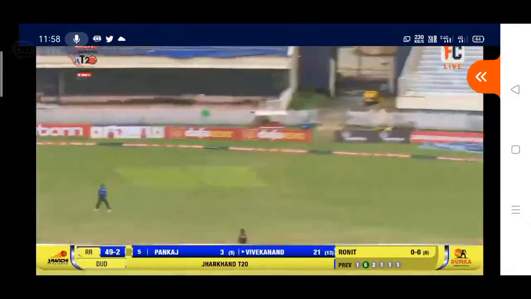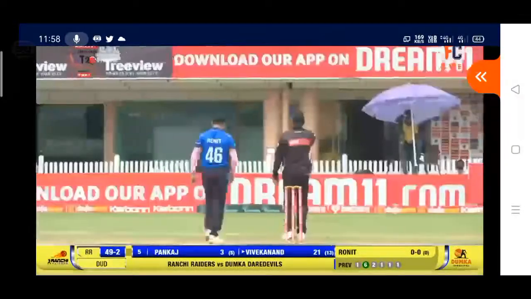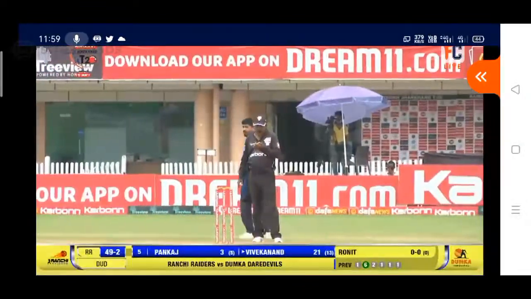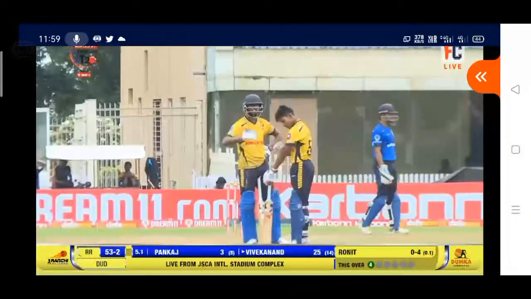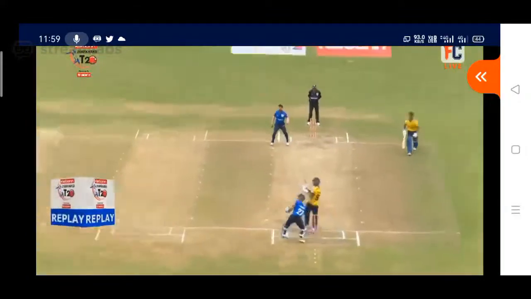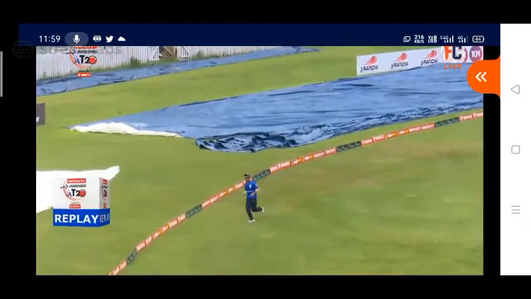Ronit. Lifted high over square leg. No, it's not a 6, it's 4 runs. In fact, the ball dropped inside the boundary and went for 4 runs. Vivekanand moves to 25. Look at that shot, hit towards the square leg.